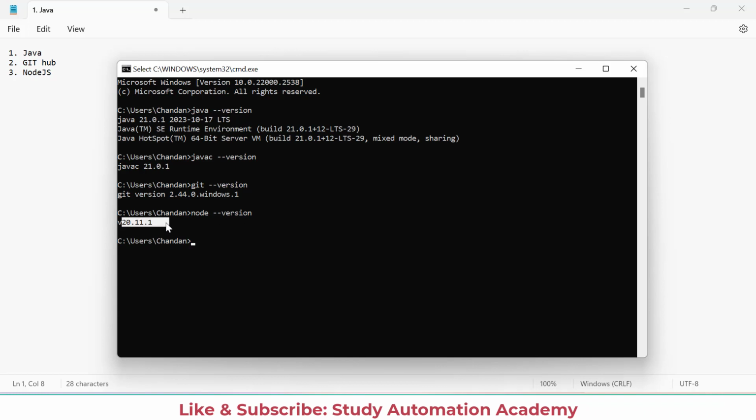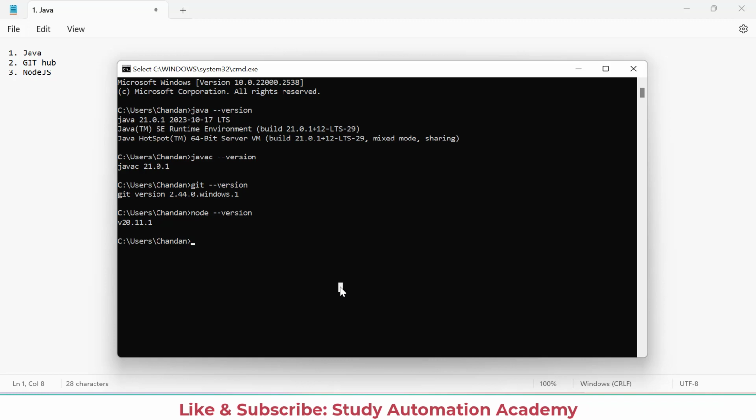So you can install all these three things in your system, and then after installing, you need to install an npm tool that will help us to create a complete project using Spring Boot. It will also help us to create an Angular project, Vue.js project, or React.js. So let's see how we will do it through Angular and Java.